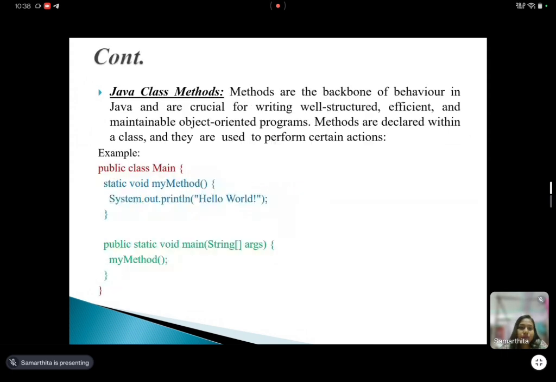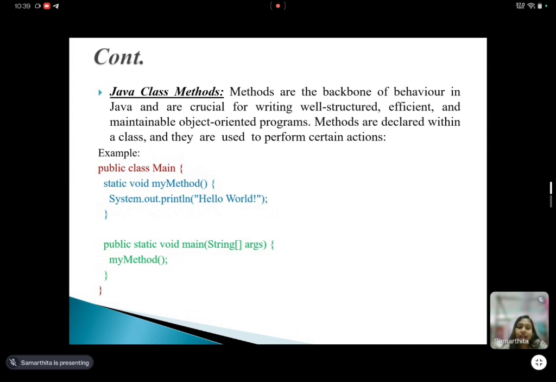Okay, coming to our next slide, that is Java class methods. So what are methods? Methods are the backbone of behavior in Java, and they are very crucial for writing well-structured, efficient, and maintainable object-oriented programs.